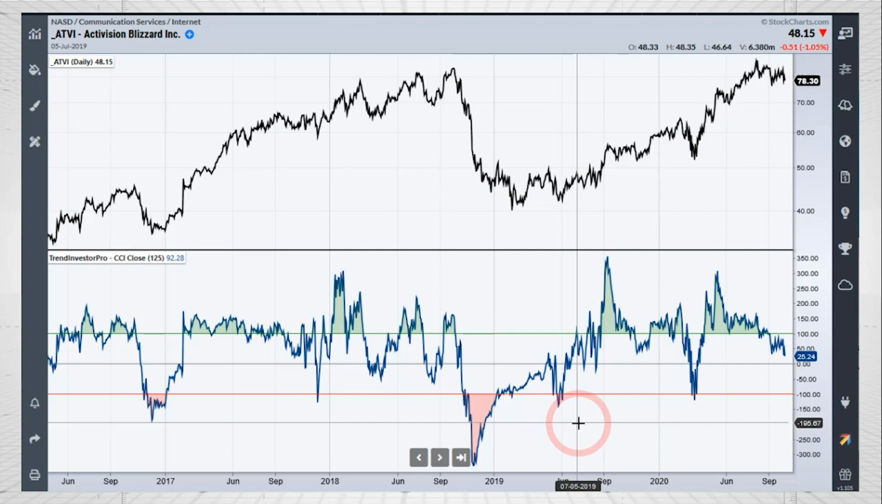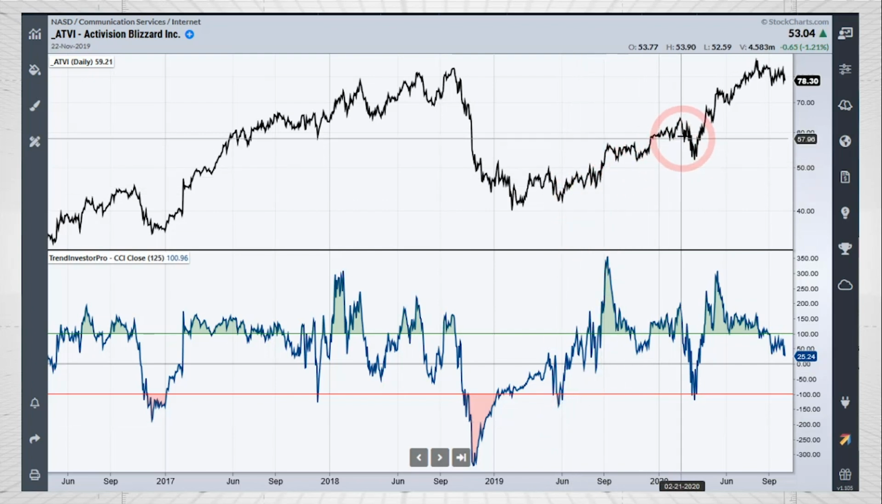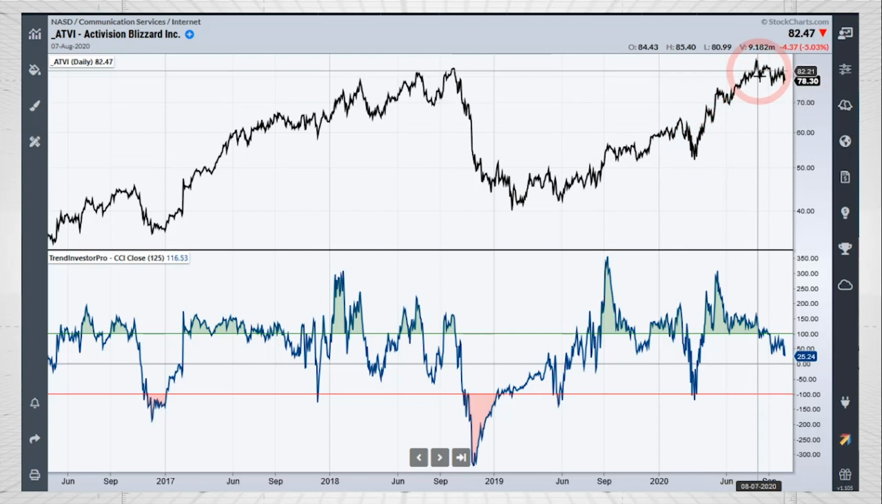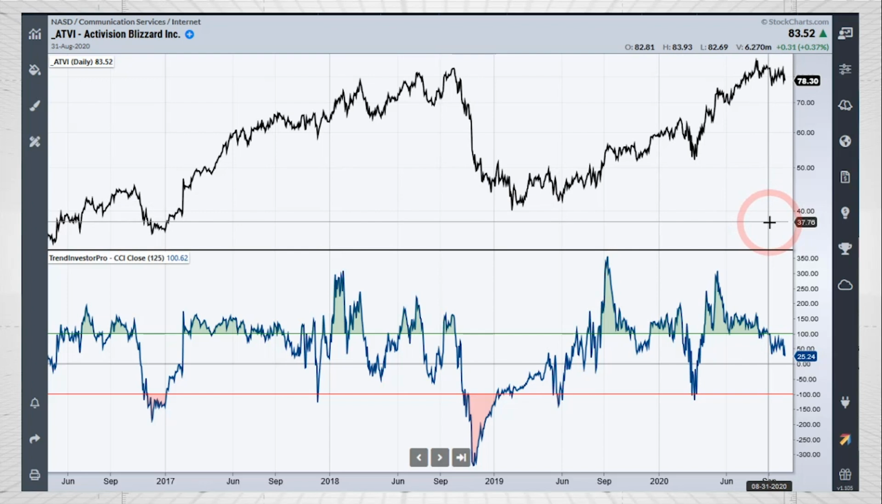that move above 100 there, and caught a nice uptrend. Got a whipsaw with the March crash, but then caught a nice uptrend to new highs. And so that's the way this one works. It's looking for a sharp move in one direction or the other in the CCI to signal the start of